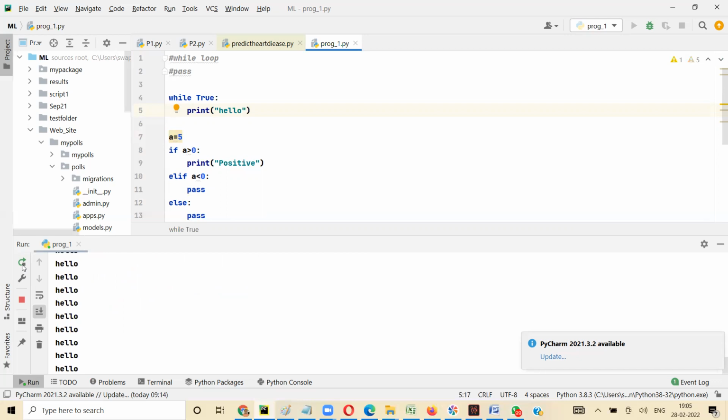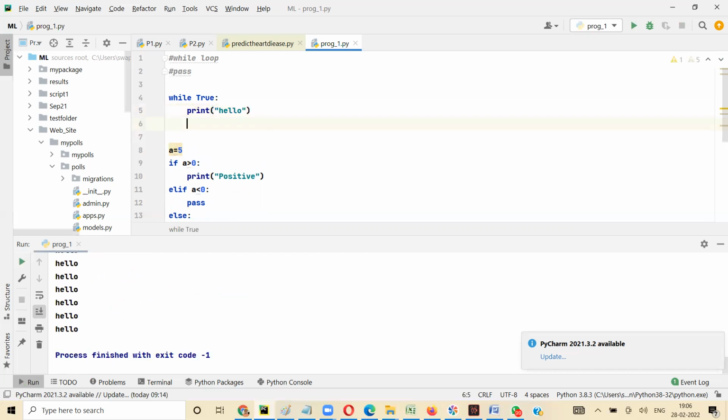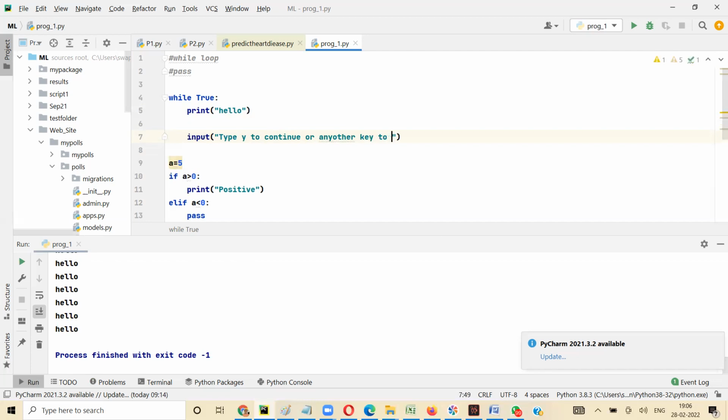उसको break करने के लिए we use break command। Break command will break this loop। Now how to break this loop? तो मैं क्या यहाँ पे क्या कर दूंगा, I will give a condition। Okay, input type y to continue or any other key to break। Okay, ये input हो गया and I'll read it into choice।